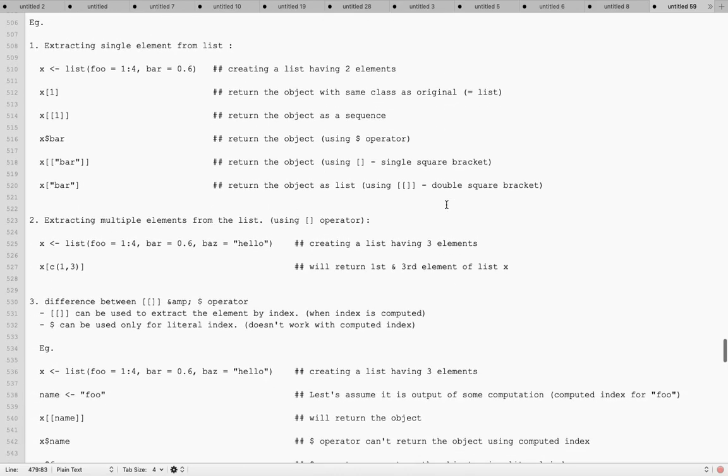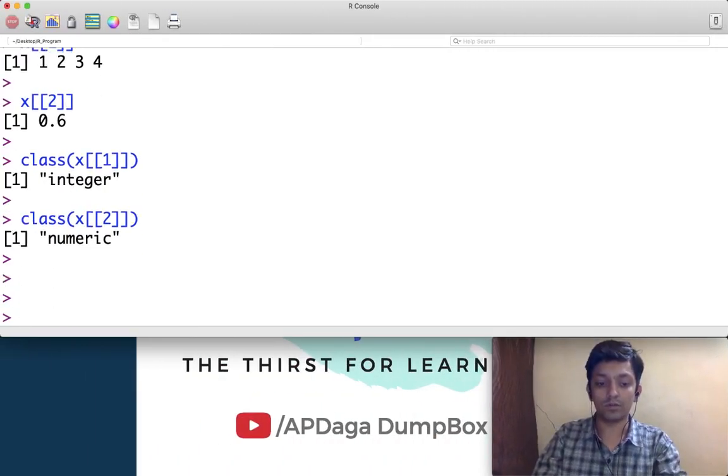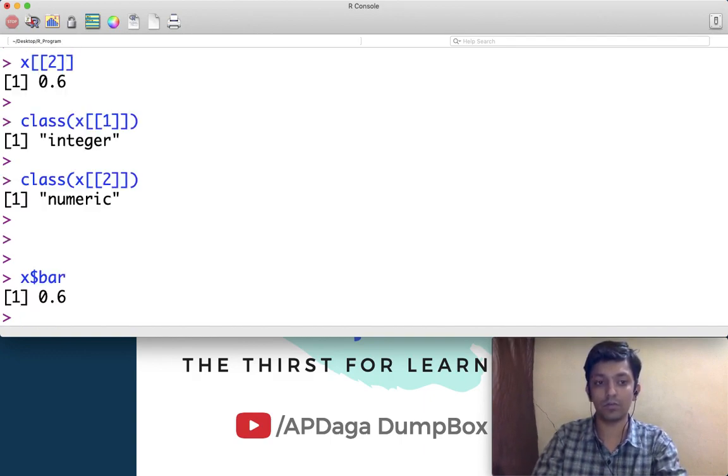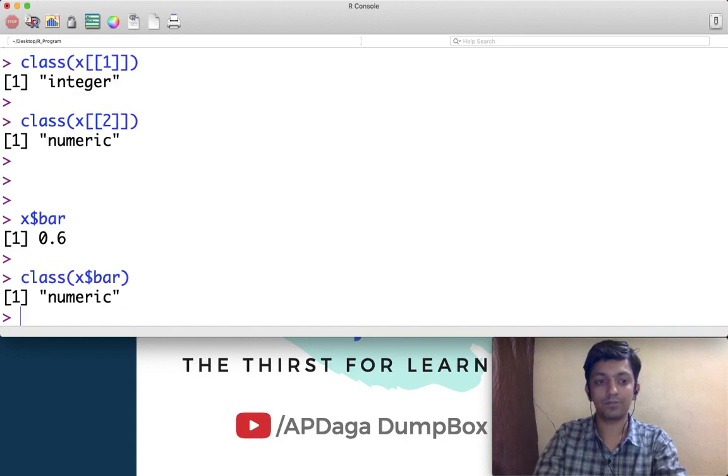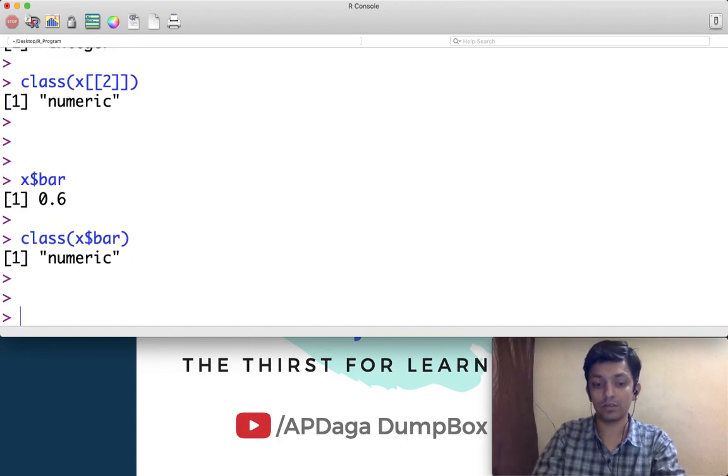Now I'll show you how to use the third one, the dollar operator. Here you can write the name without single or double quotes, x of bar. We'll check the class of this also. Again, it is numeric, it is not list.